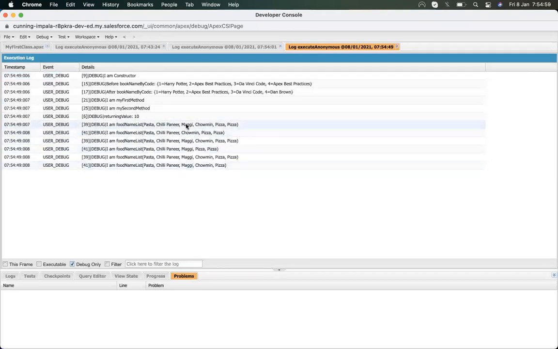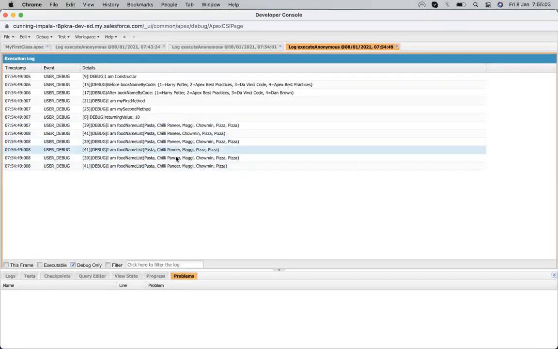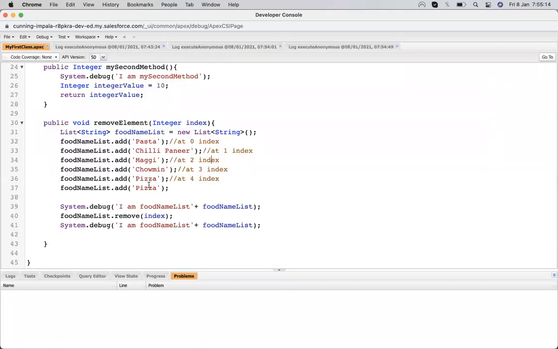First I write 2, so Maggie gets removed. Second time I write 3, so Chowmin gets removed. Again I write 4, then one of the pizzas gets removed. But the thing is that the original list always stays the same.